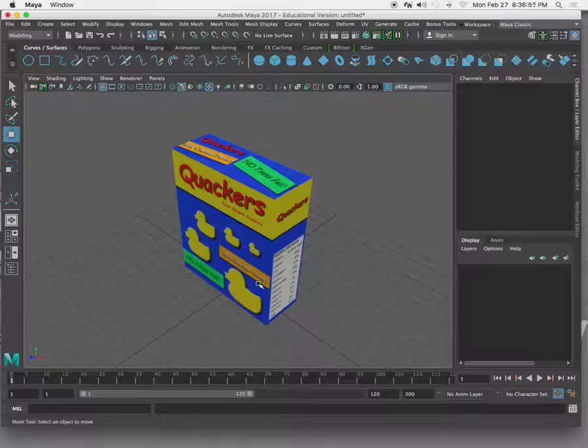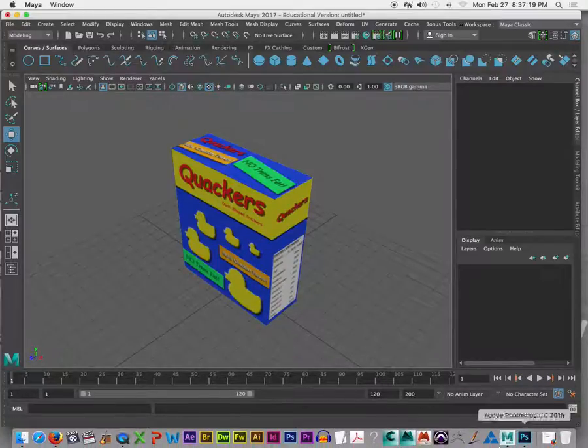So what I just walked you through is what you're doing this week. You're going to create this box. You're going to take the texture map that's on the web page and apply it to this box. I'll upload the video in a few minutes. There's also on the website